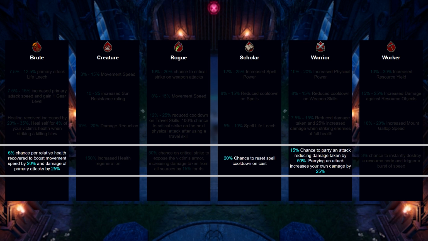Anyways, like with the previous tiers, I wanted to pick a third winner, and it was very difficult to determine this one. Either Rogue or Scholar, but I went with Scholar as the chance to reset spell cooldown on cast can happen a lot more frequently than you think. I know it's RNG, but when it does, you can literally blow up enemies on the battlefield,